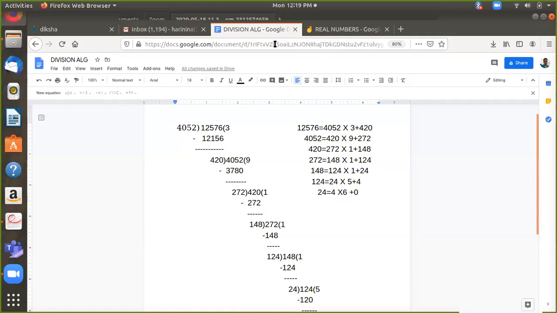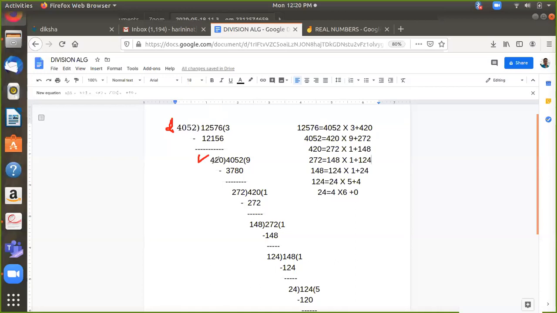All right. So I think I will mark it with a different color. Maybe it should be useful for you. See, this is your divisor. I'm calling it D. And this is the remainder. Because I'm using my cursor to write, it is looking very funny. And this is the dividend. So this is the remainder that you have got, 420. It is not equal to 0 and definitely it is less than 4052.